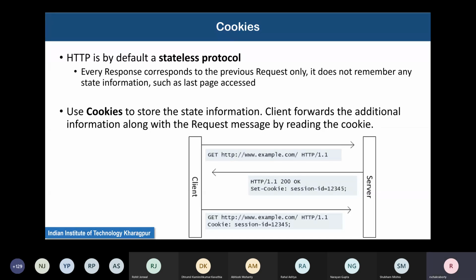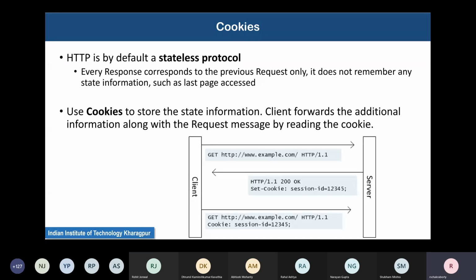Now, many people are not happy about this cookie thing because they say that this is basically eavesdropping on my privacy. Why should a server set information on my local computer? Which is true in a sense, there is value to the argument. So many people are not happy about it, but cookies are in widespread use. But usually modern browsers ask for your permission before setting a cookie, saying that the cookie will enhance your user experience. Do you want to set it or not? If you say no, then it will not set a cookie. Otherwise, it will set a cookie.